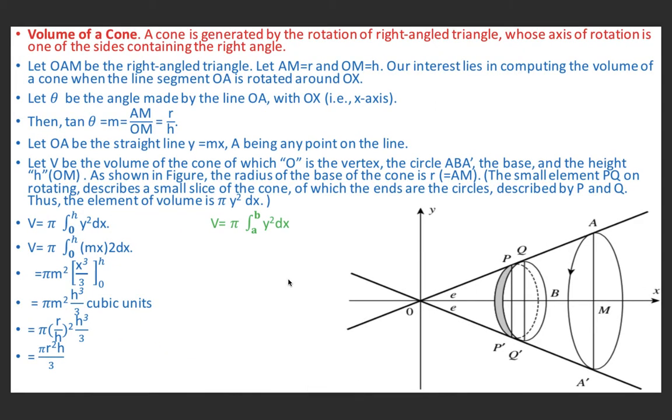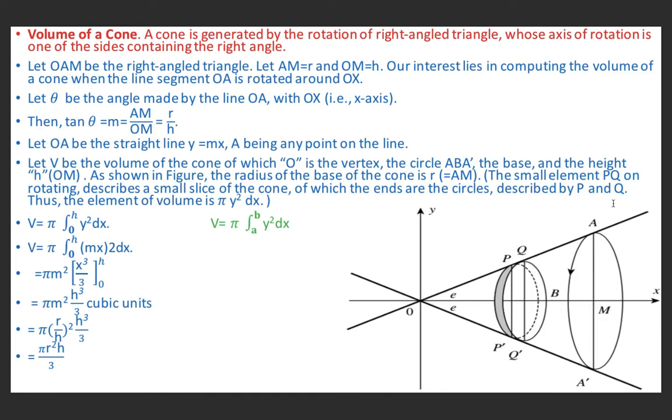Now we will find the volume of a cone. A cone is generated by rotation of a right angle triangle whose axis of rotation is one of the sides containing the right angle. This you have seen in the first slide also. Let